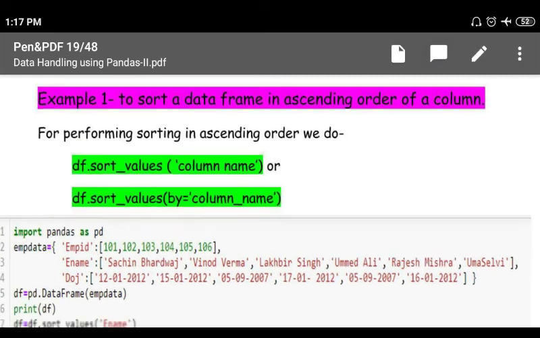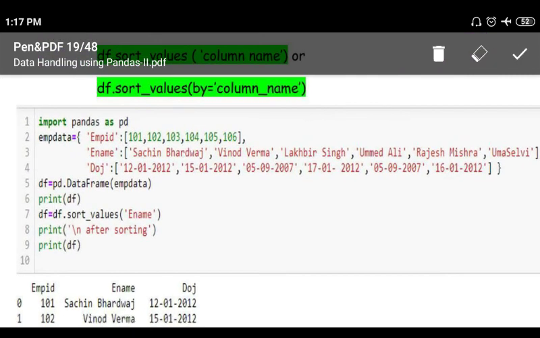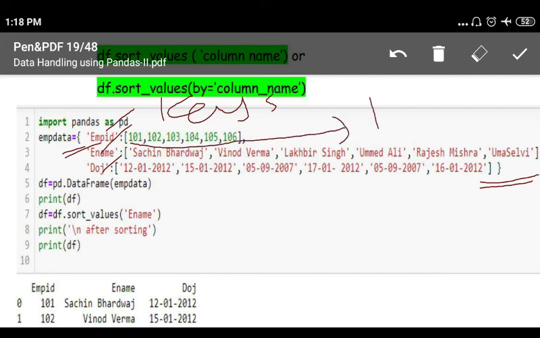So see, this is one dictionary, starts from here and ends here. Inside the dictionary there are 3 keys, and each key has a value. These are the data for that particular key. From that dictionary we have created a data frame, then the data frame is printed.